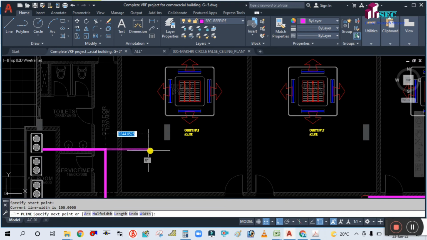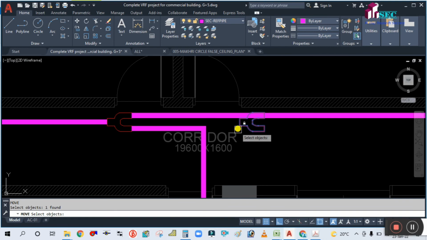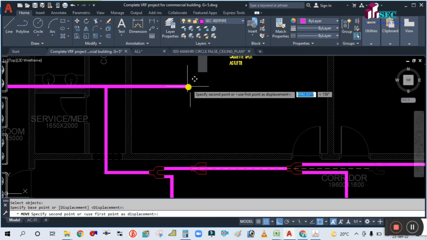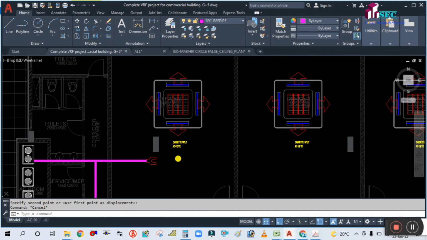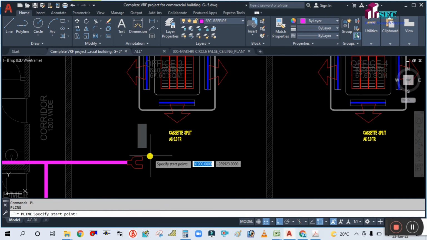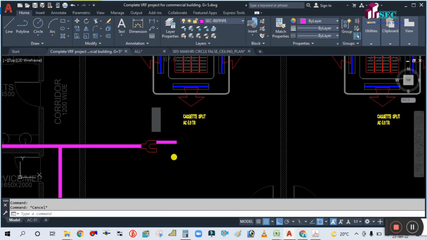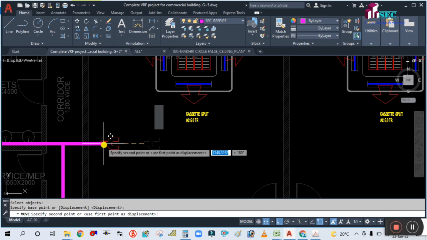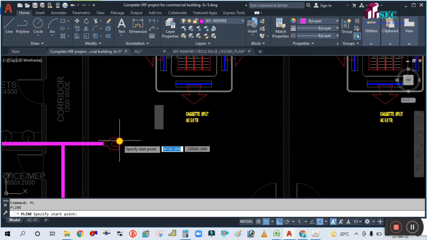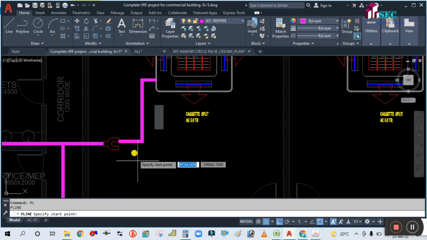Use one more branch like this and connect this, move this one, move this reference here. Okay, use polyline, connect. Okay, move this one to here. Okay, now simply what you will do, simply take the polyline command like this, connect it here. Continue this one